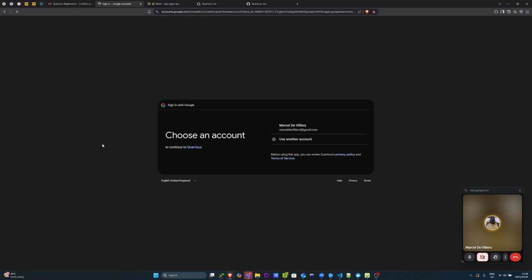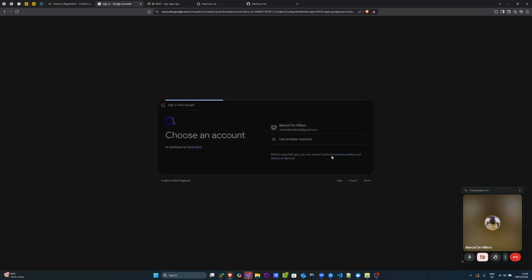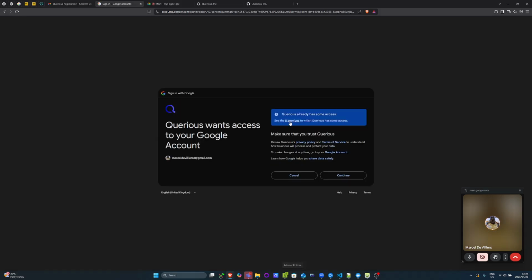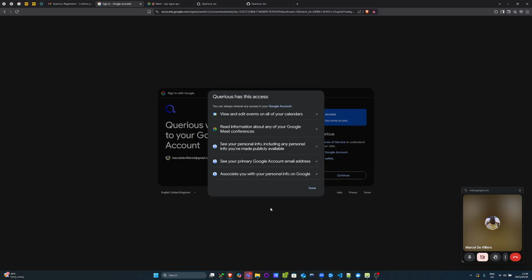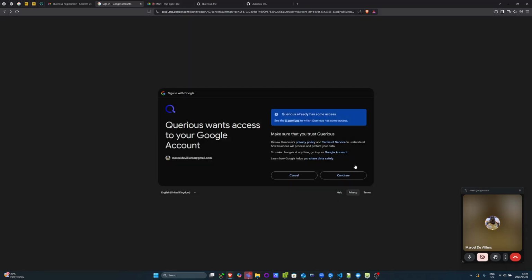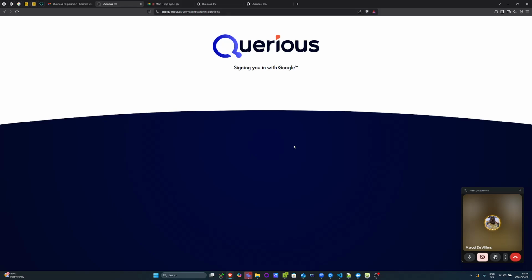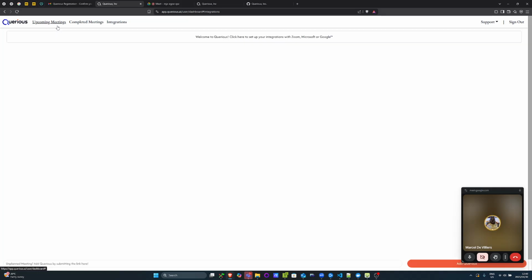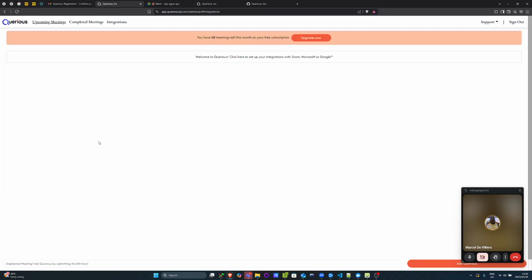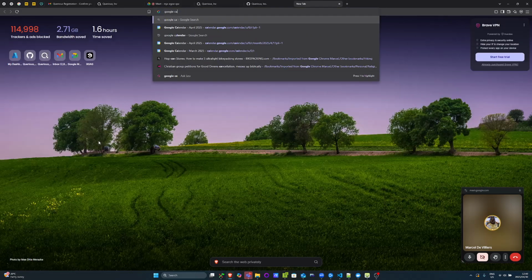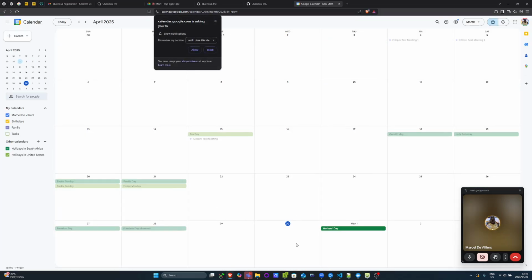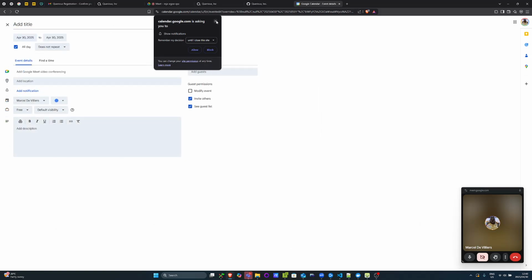So this here is part of our overall flow. You'll see that you sign in here and you go through the overall flow. It will ask you to view your calendar events and your Google Meet conferences and the like. And I'm just going to continue. These have already been approved by the overall permissions and everything. And basically what that will do is if you have any upcoming meetings, create one on Google Calendar. You basically sync your calendar event. If we detect that you're going to have a meeting that day, so create one,